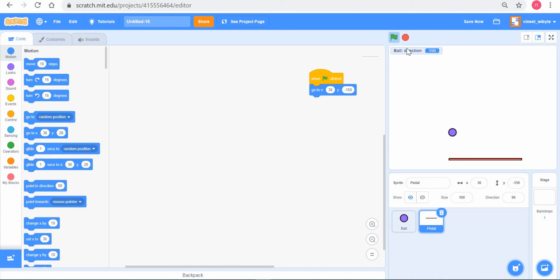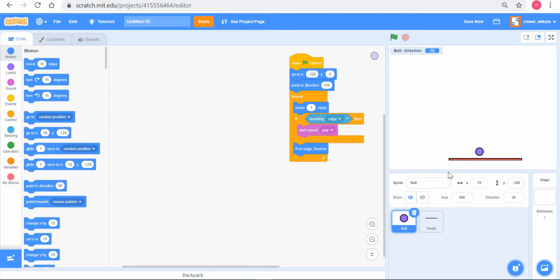Now let's say I want the ball to bounce off this pedal. How can I do that? It's very simple. I can go to the ball code. Remember, this is a horizontal surface, a sleeping line, and also remember that when bouncing, the ball's direction changes from the original direction to 180 minus the original direction.